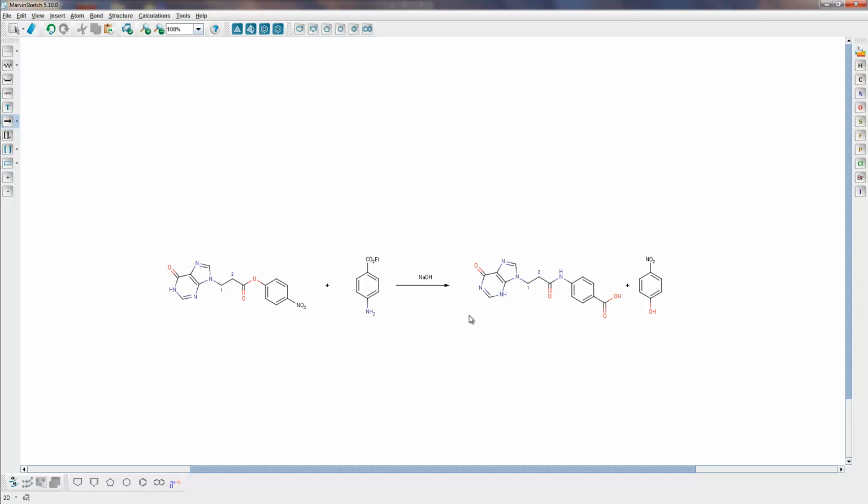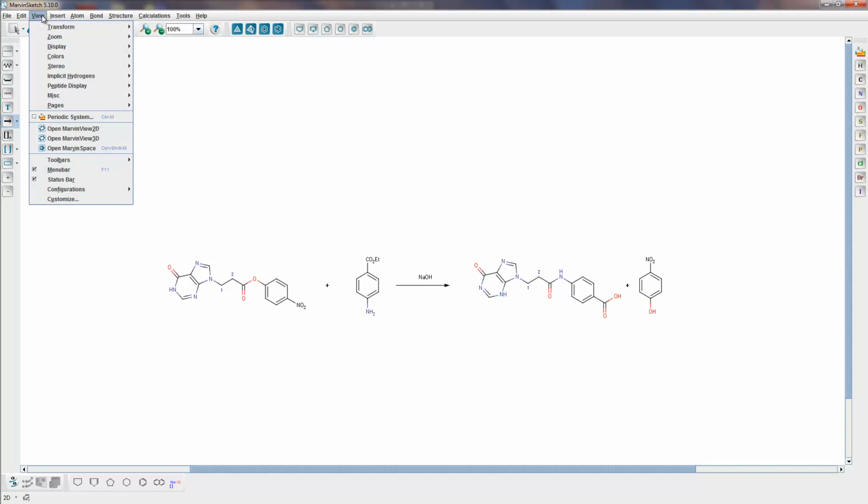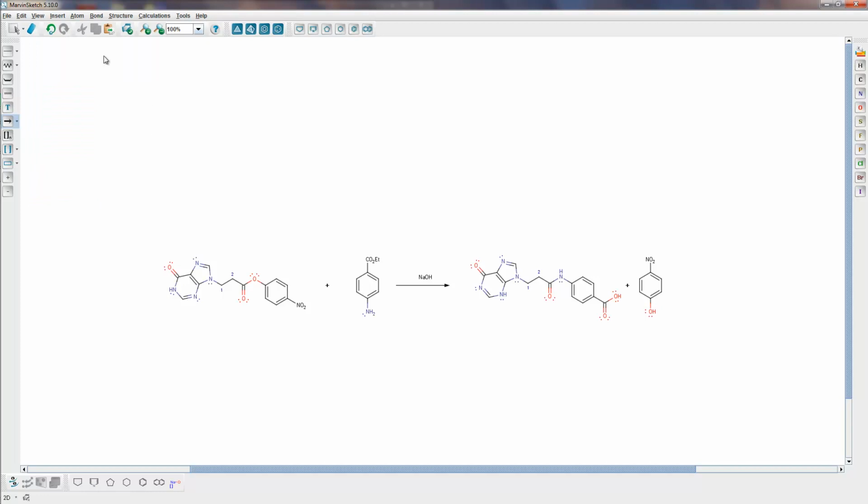Another thing we can do, if you want to make it look a little bit nicer or fancier, is insert electron flows. For that, we are going to display the lone pairs first, and then if we go into the insert menu, we can add the electron flows. Let's say from here to here, and from here to here. Okay,